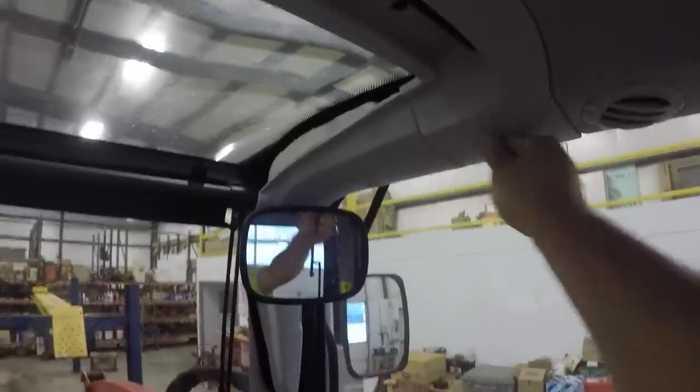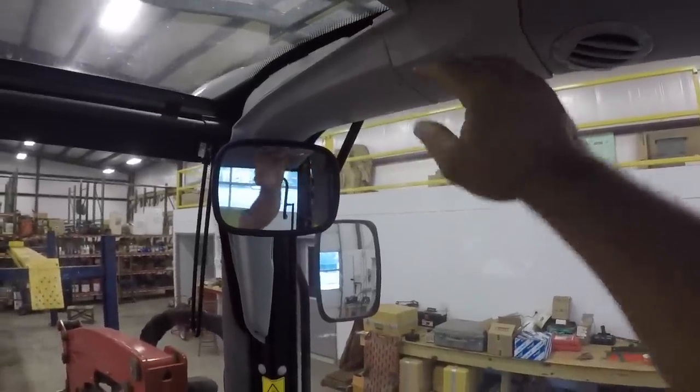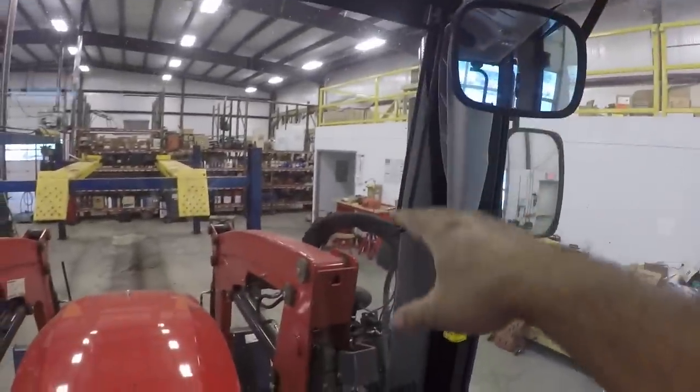But I will say one thing about that, there's no way to cut the defrost off. They did not put any type, and I wish they had done this. They should have put some type of valve that you could have cut off on either side. I don't know how they could have made it, but I'm sure they could have done it. You needed a valve to cut the defrost off going to the windows. And the reason I say that is because when it's in hot weather and you got the heater valve shut off,